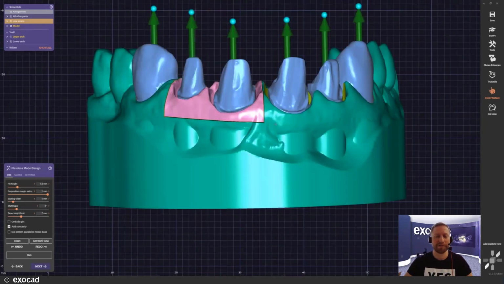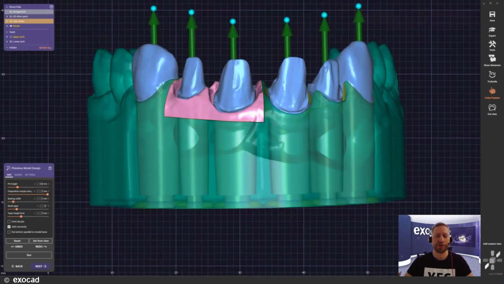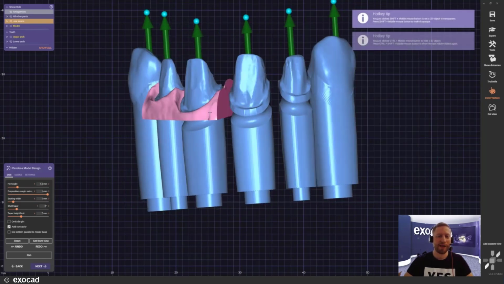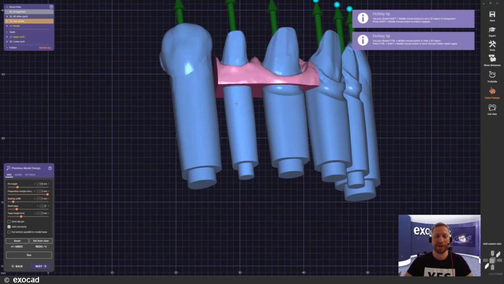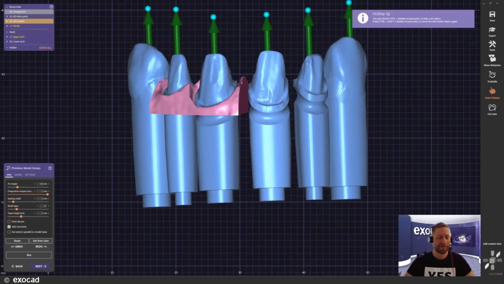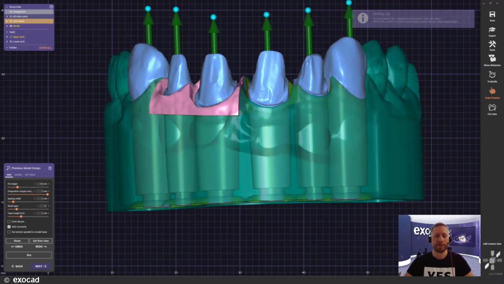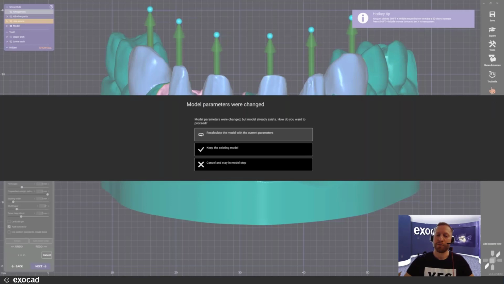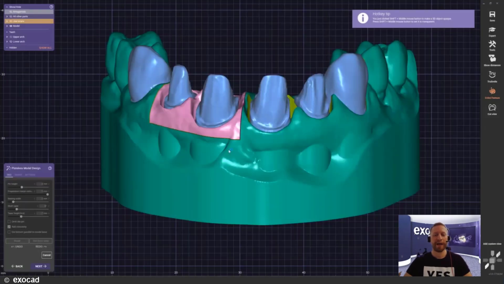So here we see it. If I want to, I can also just show you real quick that we have a really nice, thick, soft tissue gingiva part here. And that's something we can definitely work with. So I'm just bringing back my model. I'm fine with that, and I jump to the next. We are not recalculating it. Probably have changed some of the settings here and there.